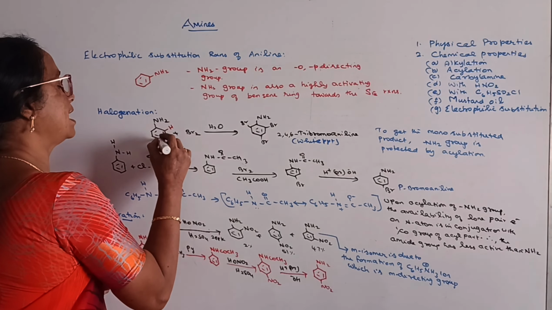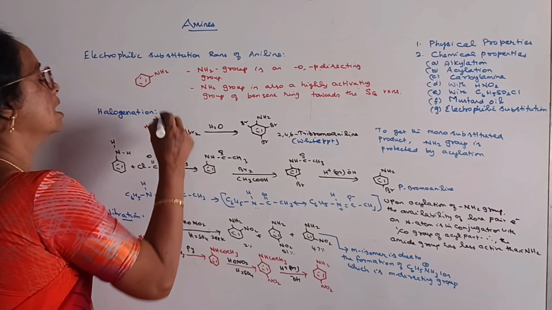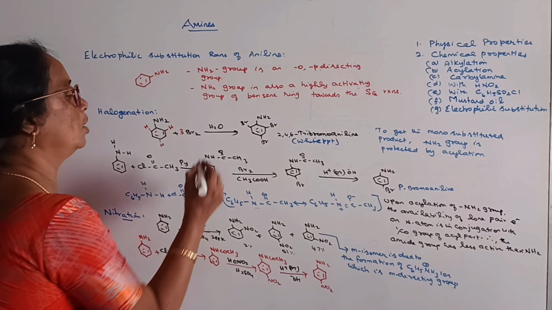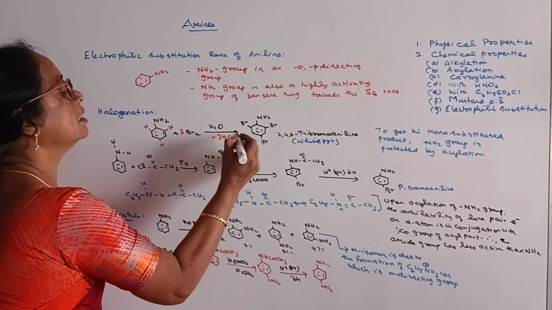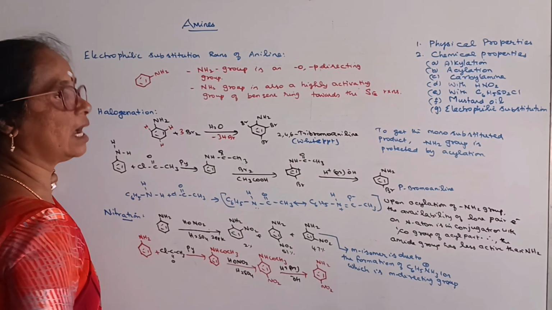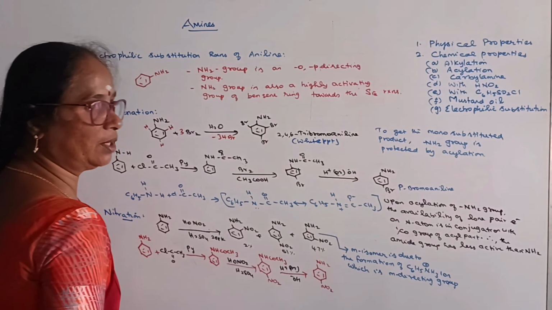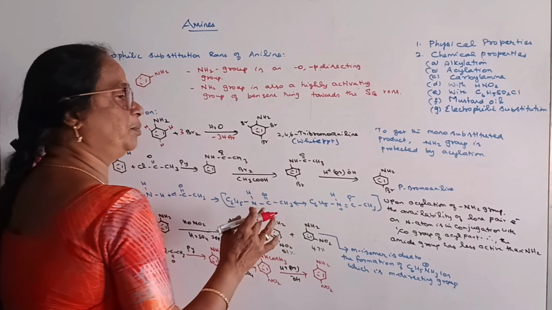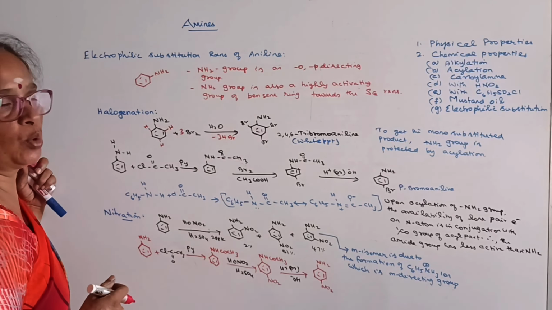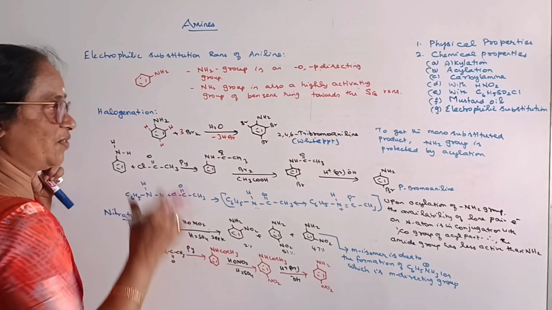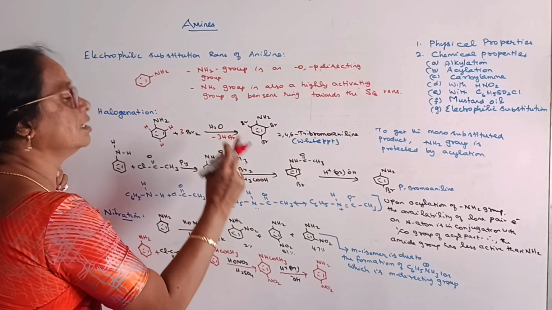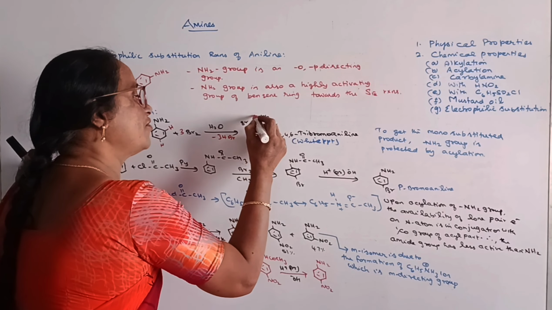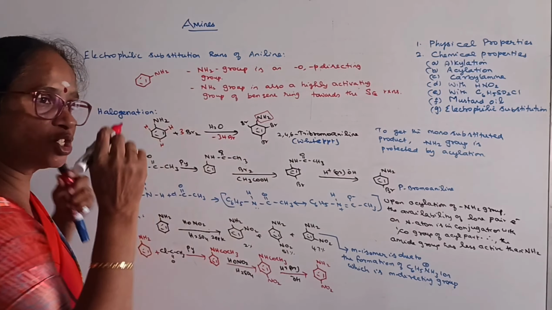In this, the 3 hydrogen atoms at the 2, 4, 6 positions are substituted by the halogen. So we are getting 2,4,6-tribromoaniline. This is also a white precipitate, just like phenol with bromine water. Suppose I want to prepare only one monosubstituted aniline, then the activating effect of the NH2 group has to be